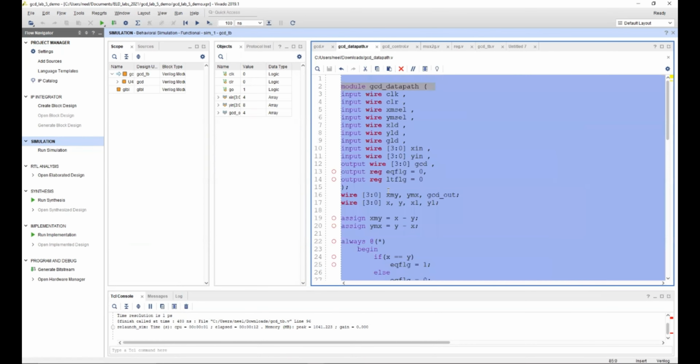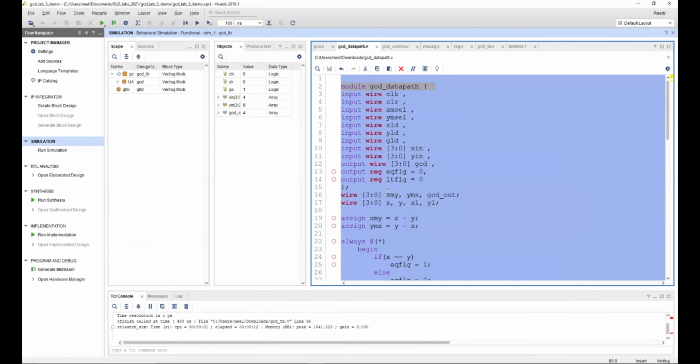Now that we have written the code for the GCD data path and GCD control path, let's glance over it, and I'll give you a brief description of what is going on inside the code. In the GCD code, as we have discussed in the previous videos, we get a clock as an input, and then a clear, which determines when we are clearing out every single variable and register that we're using. And then go, which determines when we're getting a new value, basically new data points to process. Then the inputs xn, yn, and there's the output.